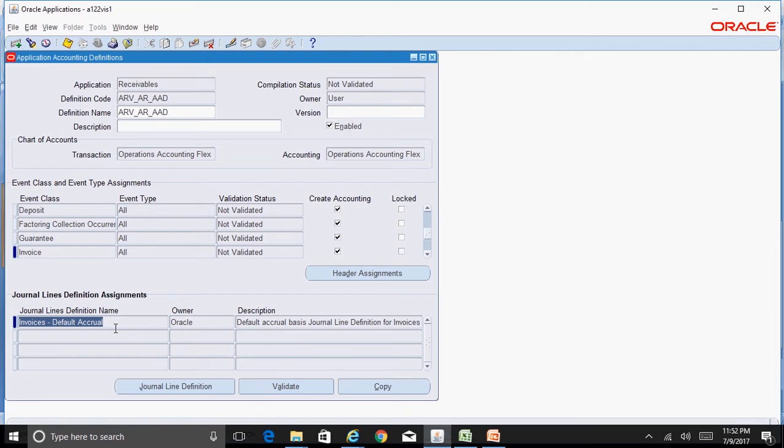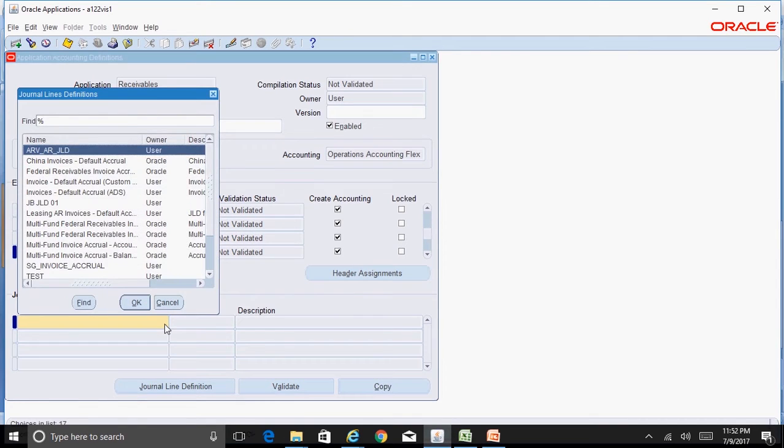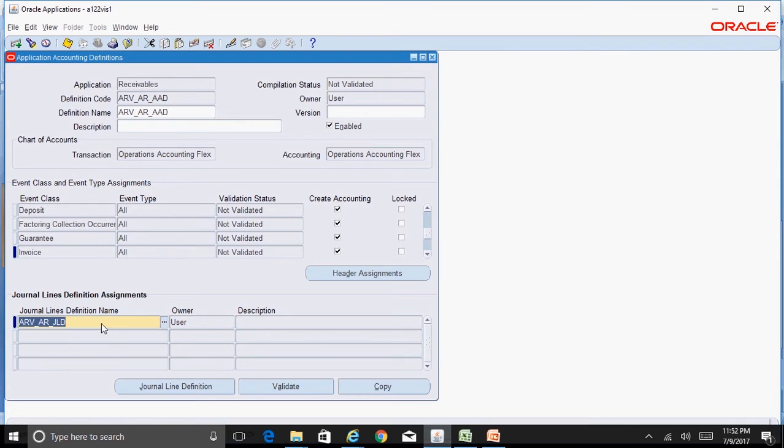And what you need to do now is associate your custom JLD to your event class of invoice. So delete this and associate your custom JLD. So custom JLD is ARV AR JLD.